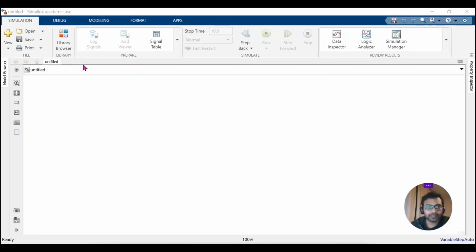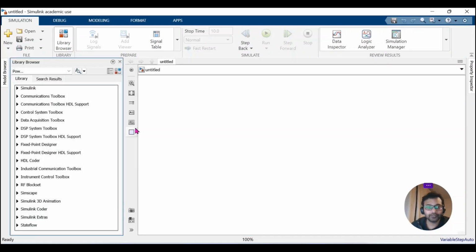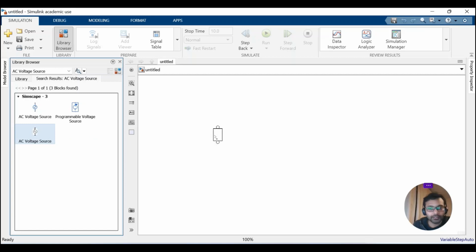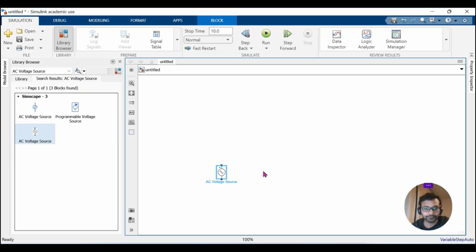Okay, so to implement this three-phase circuit, first of all, we will need three AC voltage supply. So since it is a three-phase circuit, we will need three of them. Okay, so I am going to rotate it. There we go. So I can copy this, but before copying it, what I'm going to do is